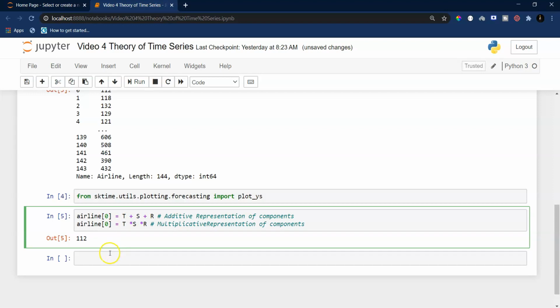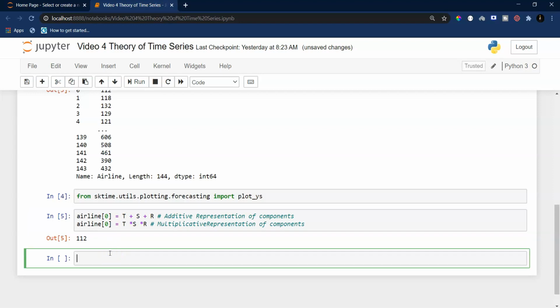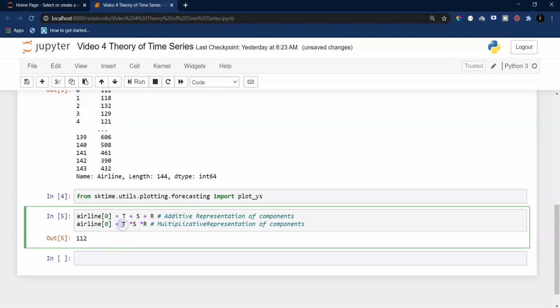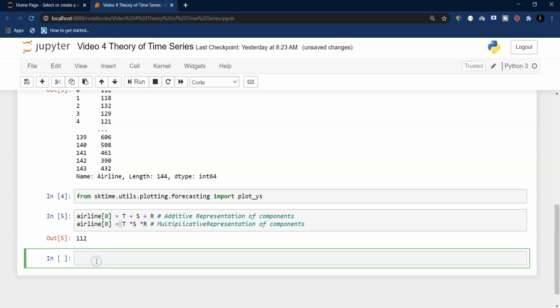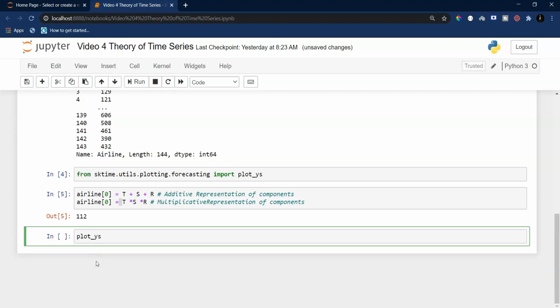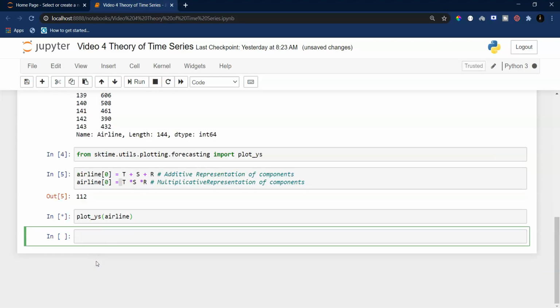Now there is a special method which I was talking about earlier, the method of moving average, which I thought I covered in the last video, but I did not. I need to cover that in this particular video. That method is the method of moving averages, and with its help we can compute the trend of the time series. Now let me use the plot function on the airline data.